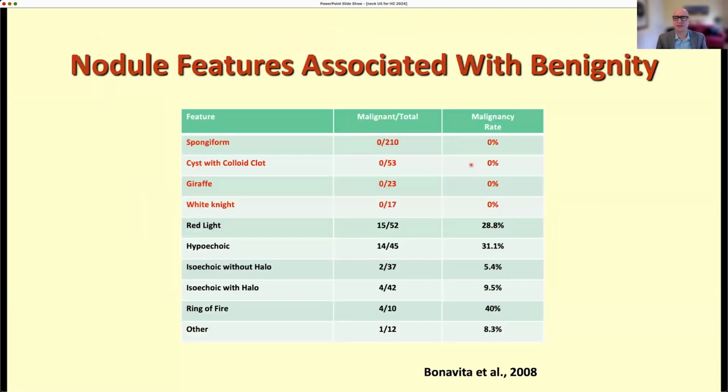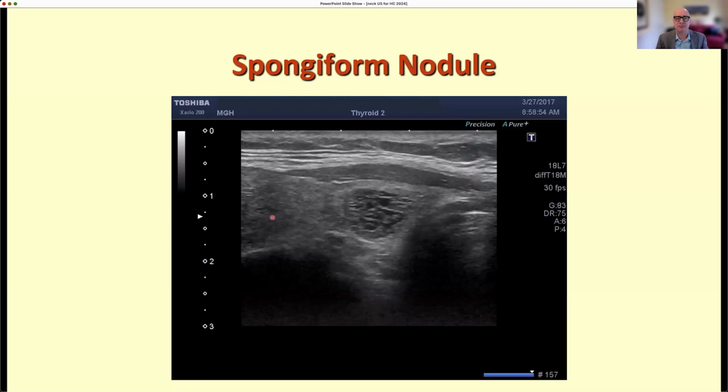And then there are nodule features that are associated with benignity that you can distinguish immediately just by looking. It's very easy, without going through all these features: you just see a nodule and you recognize that it's benign. The most important one is the spongiform nodule, a pattern of intermixed solid and cystic features in which the cystic parts comprise at least 50% of the nodule. That's kind of artificial. To be honest, I have a lower threshold for calling a nodule spongiform. I don't require 50%